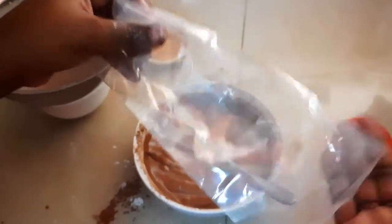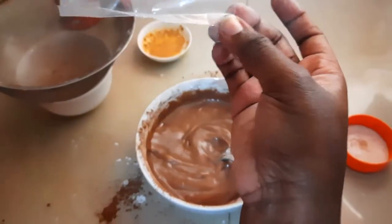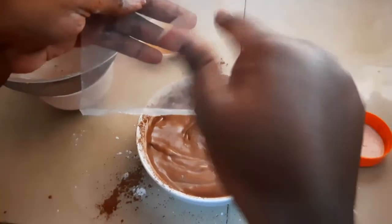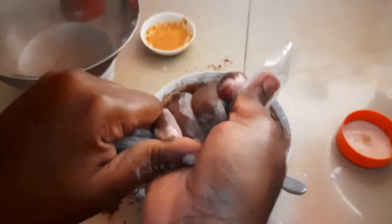So what I do is I just get a random plastic thing. You can actually use the icing sugar bag, and then I create a hole. Like I put all this in, then I create a hole here at the bottom, and then you'll just see me